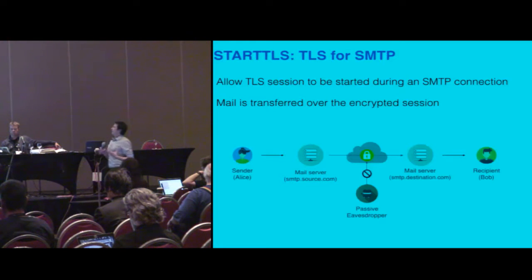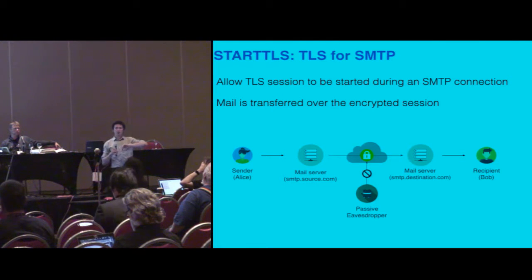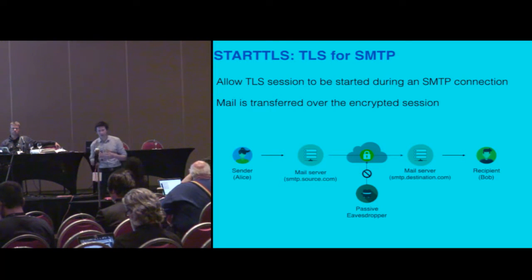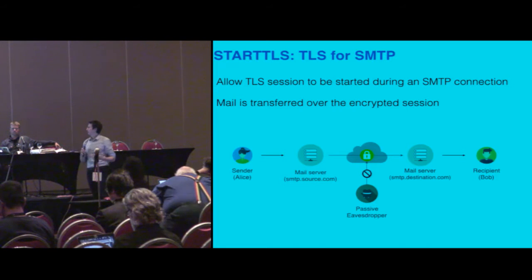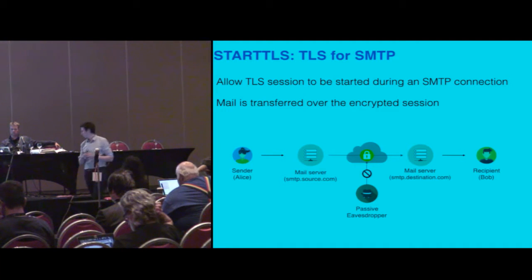So I mentioned we have these extensions to SMTP. The first one is STARTTLS, which essentially allows a TLS session to be started within an SMTP handshake. You start the SMTP and say, I'm speaking SMTP, I want to deliver mail, and then you start a TLS handshake, which is the flip of what we usually see, where we start TLS and then do the mail handshake within TLS. But the motive is essentially the same: we want to mostly protect against passive eavesdroppers and maybe try to authenticate who we're trying to send mail to.